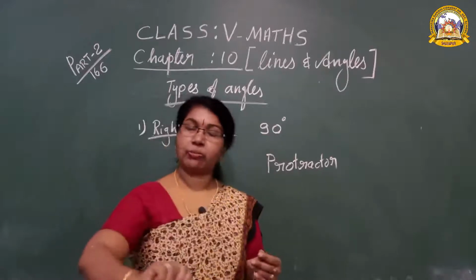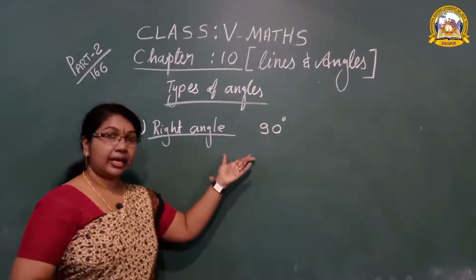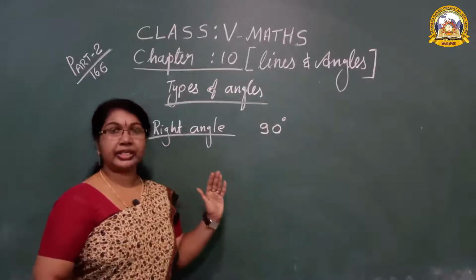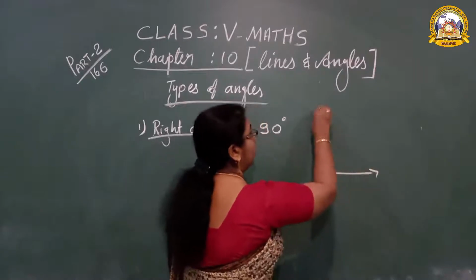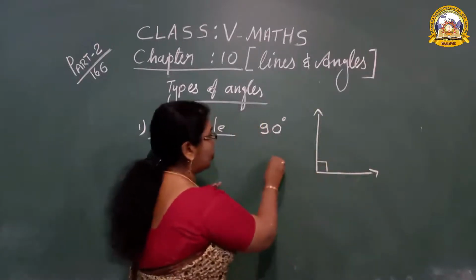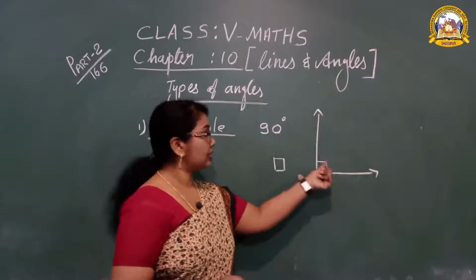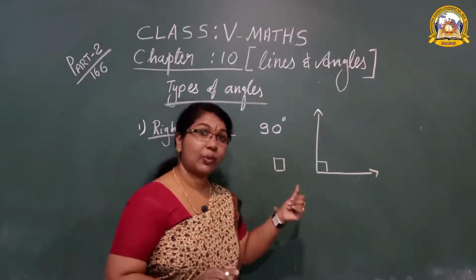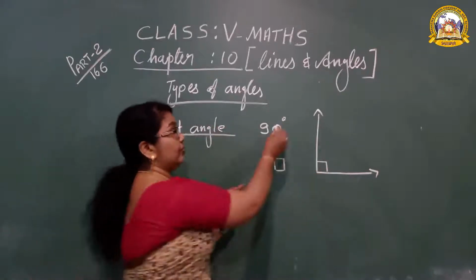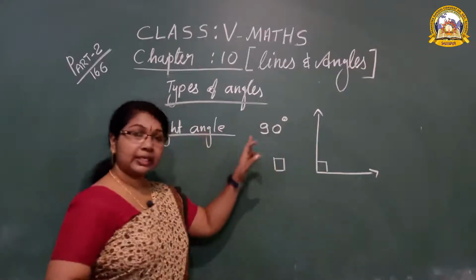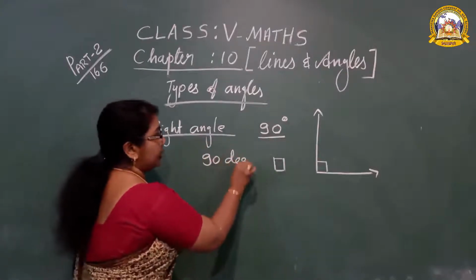I will explain more later about how to make the angle. Degree, 90 degrees. An angle whose measure is exactly 90 degrees is called a right angle. This is a right angle, and we use one small square to denote it. While you see this square, you have to understand what type of angle it is. It is a right angle, and how many degrees is it? 90 degrees. Once more, this small circle is called degree. So you should read it as 90 degrees.